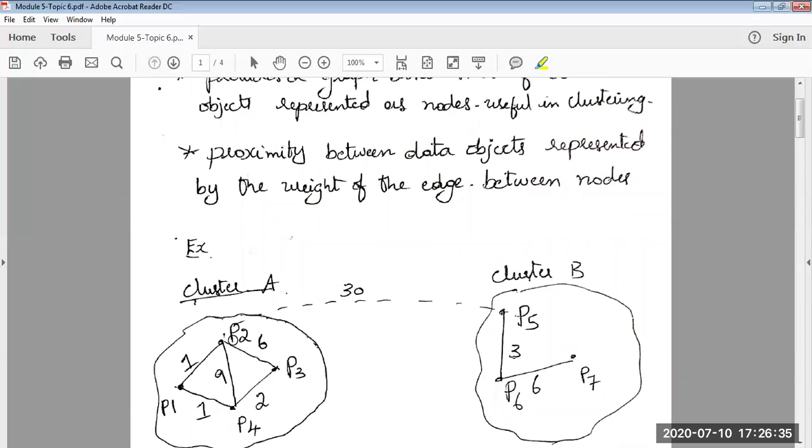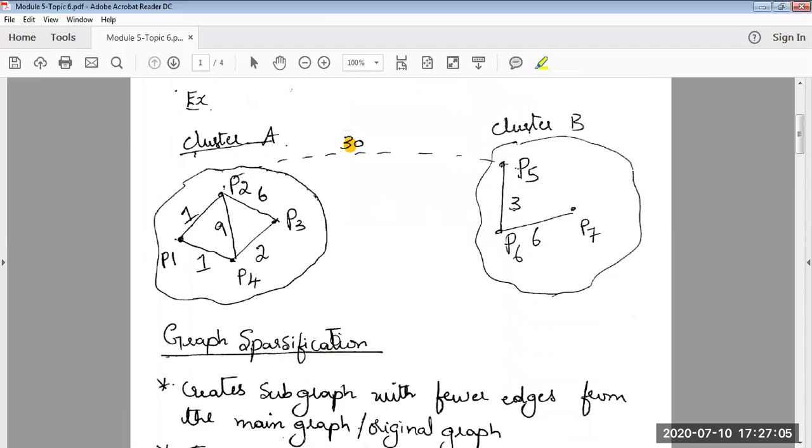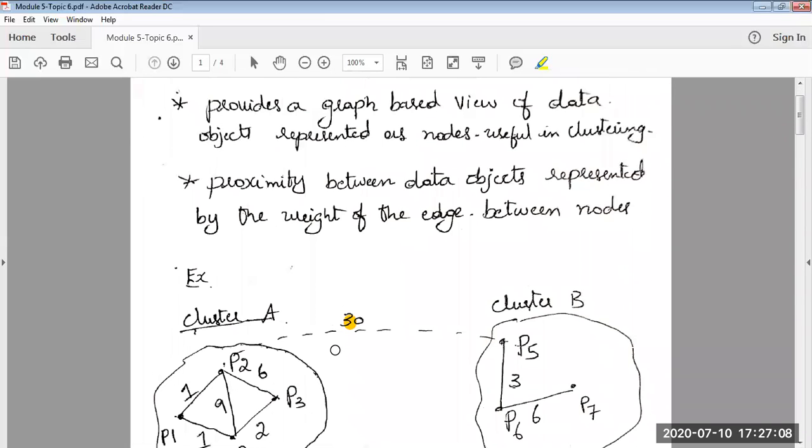Also you can take a note here. We have marked the distance between P2 and P5, and the weight is 30. Now what does it mean? This similar example was already discussed previously. A higher value indicates the 2 points are not closely related. In this case, since point P2 is in cluster A and point P5 is in cluster B, obviously you will experience a higher value for the proximity, the same as we indicated as 30 in this example. So this was graph-based clustering. We understood how graphs can be used to represent the data objects, data points, records, and create clusters.